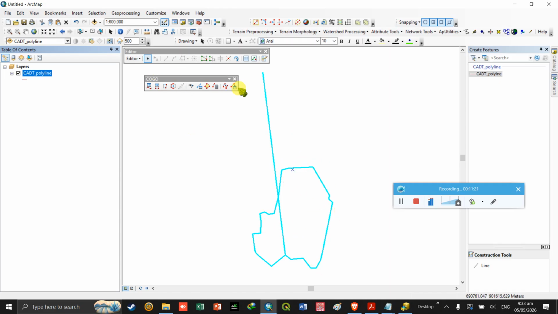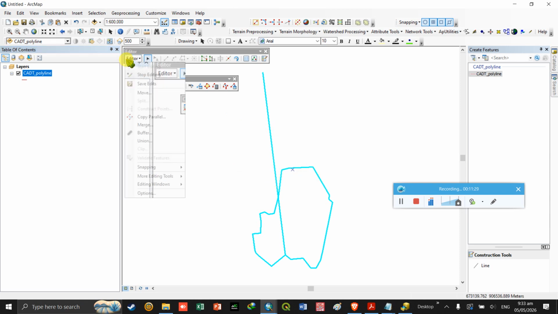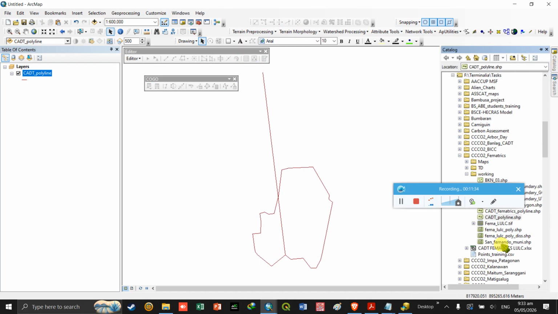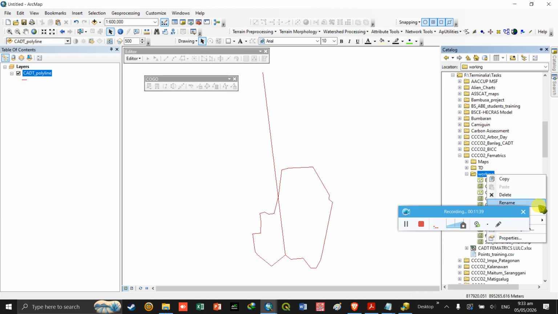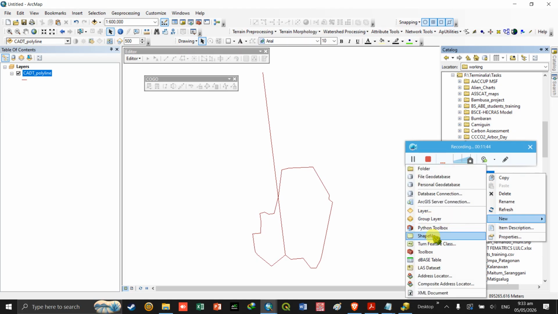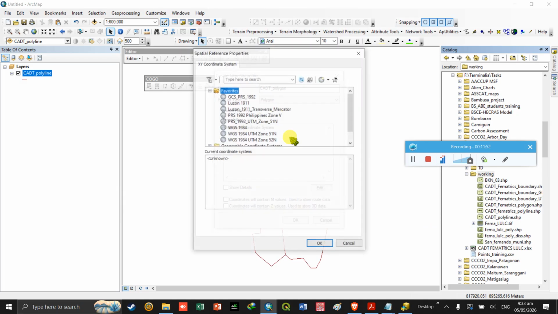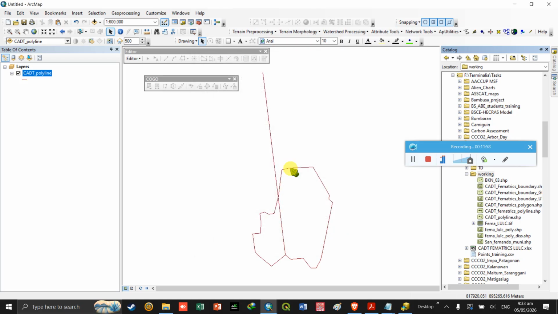So we need to click first the update COGO attributes so that it will be saved, and then we can stop editing, and then we create a shapefile for this CAD polygon, say CAD polygon.